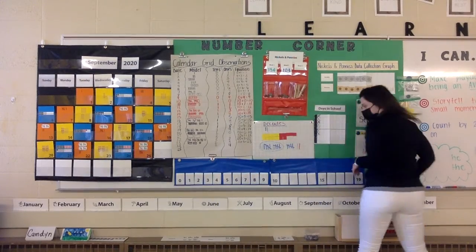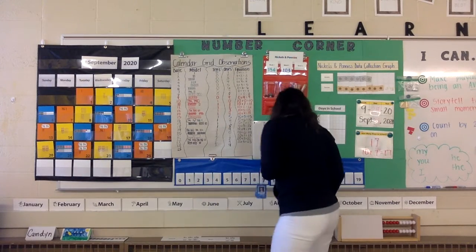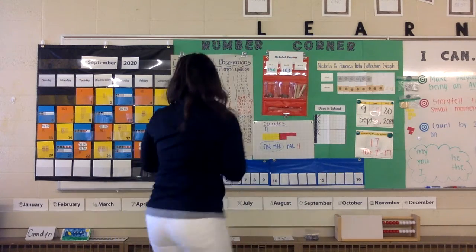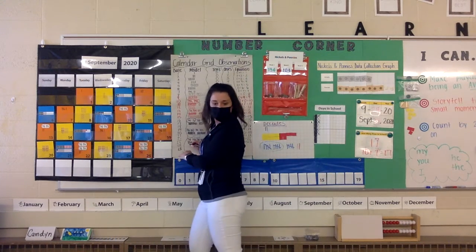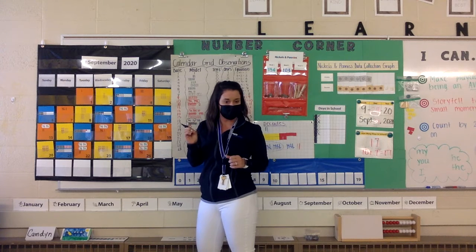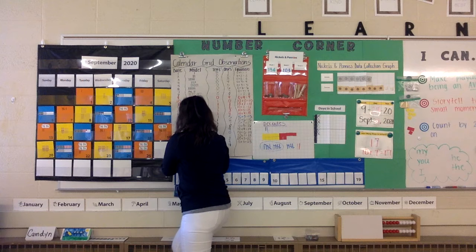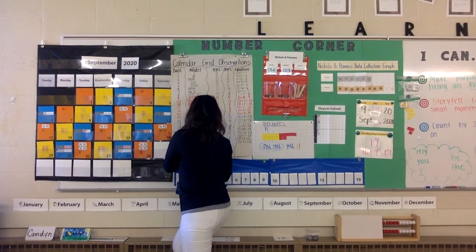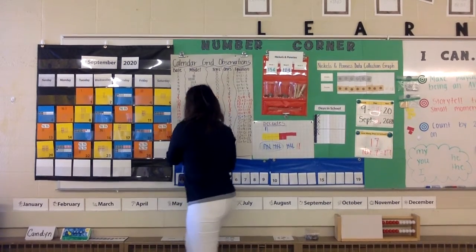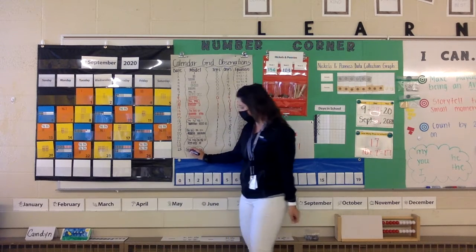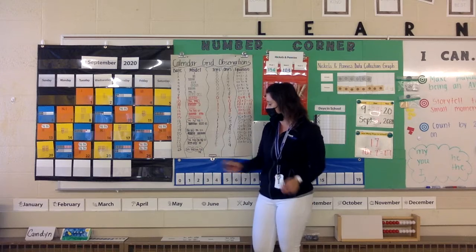What else do we call a group of 10? Miss Owen. Hold on, buddy. Oh, here's my marker. What else do we call a group of 10? Who knows? With a rubber band around it, there's a hint. Addison. A bundle, we do. Wow, this is a lot of tallies. And it's nice because we can count by fives. We know that when there's a line through it, we can count by fives.